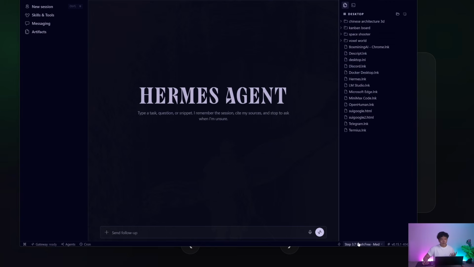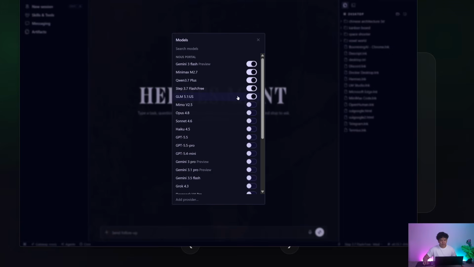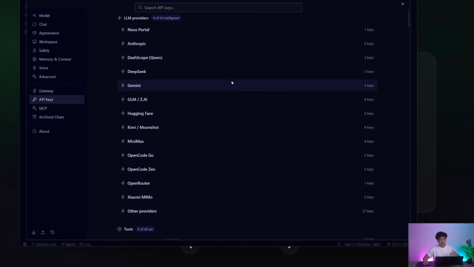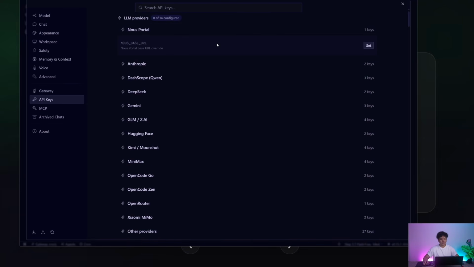And there's so many convenient features here, such as model switching as well. You don't have to always exit your TUI and then type Hermes model to switch in CLI. What you can do is you can switch here, go to edit models. If you have your own key, you can add a provider for these models. Or if you're on the Nous portal, if you're a subscriber, even if you're on the free plan, you can